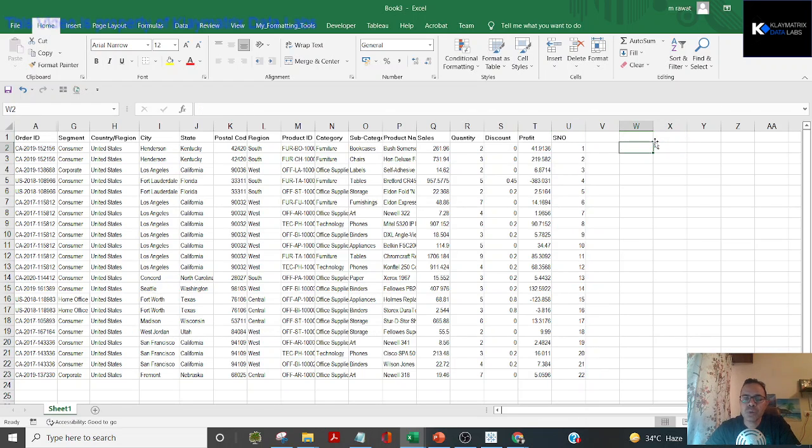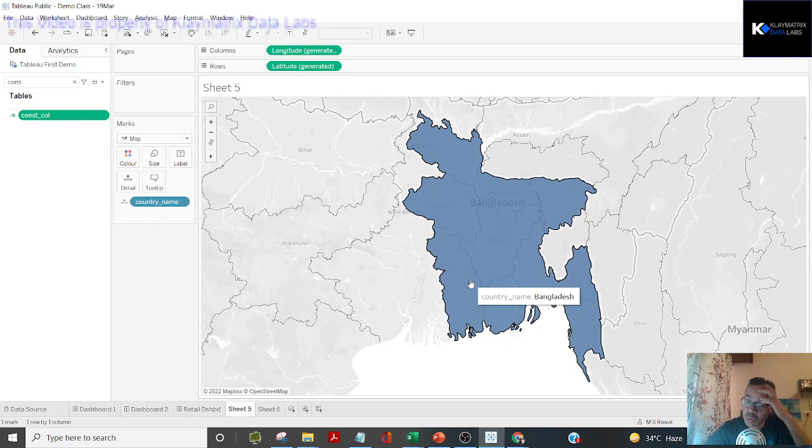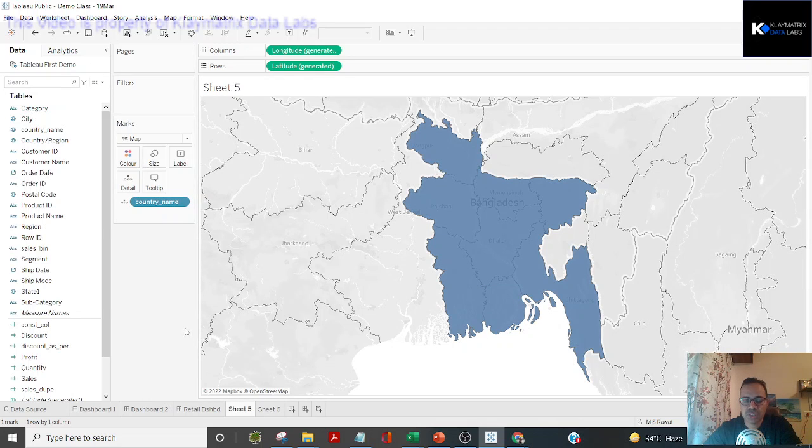So right now, I'm not going there because you will need to do table calculations to get that serial number column. There are some shortcuts also to do some small stuff. Maybe this also is part of those shortcuts. But right now, for your understanding, everything will be available under the